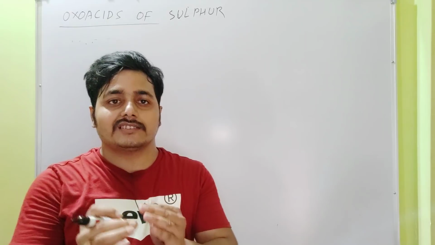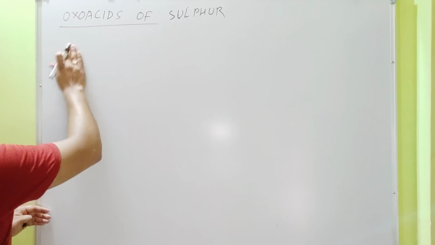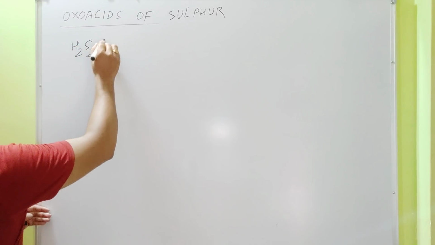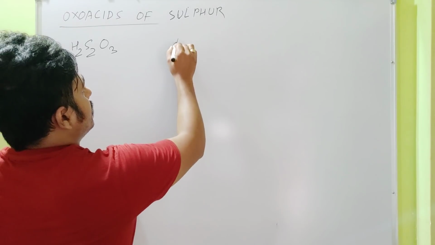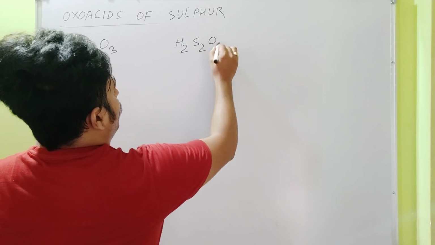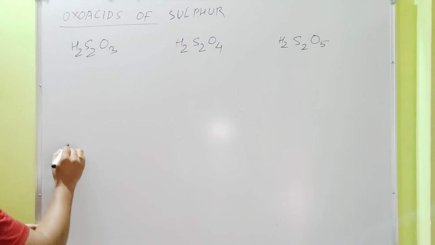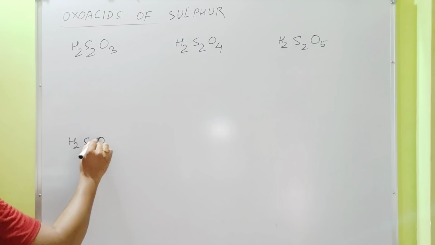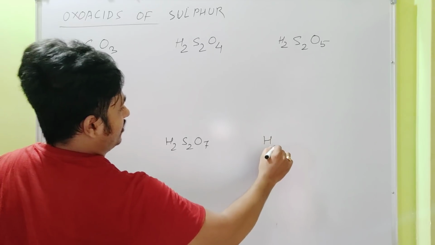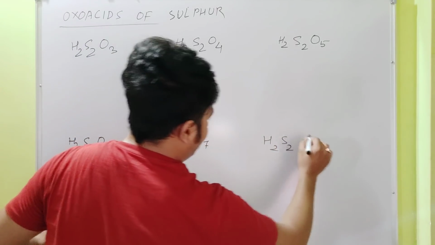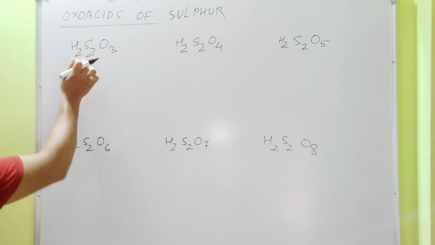So students, first I start from H2S2O3. Then increase the number of oxygen by 1: H2S2O4, H2S2O5, H2S2O6, H2S2O7, H2S2O8. Now their names. Name of this compound is